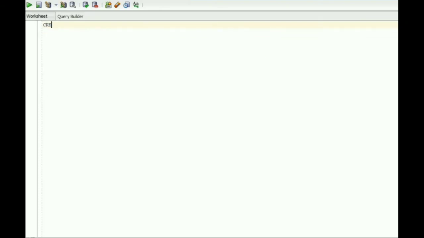Let's see practically. I am creating a table here with not null constraint.